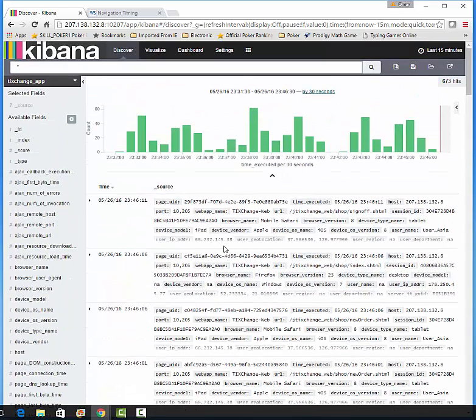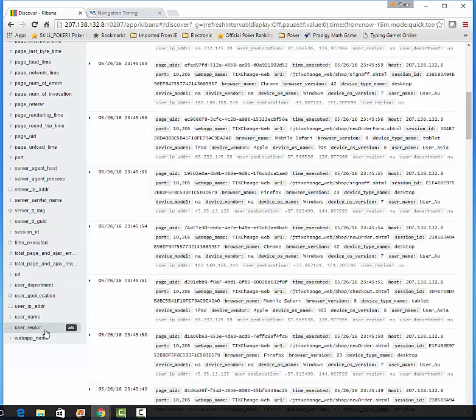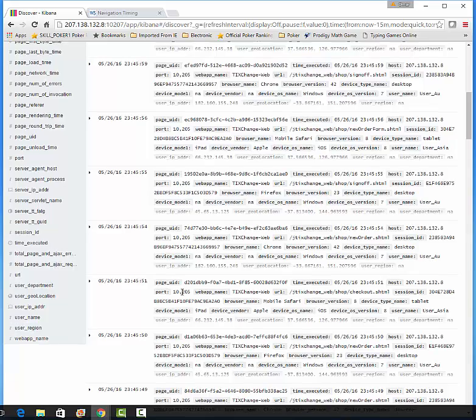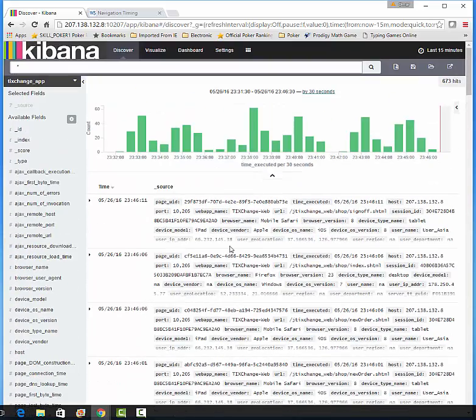Okay, so obviously this becomes very useful because then they can build dashboards where they can show information or analytics on user department or user region. All right, so I think that's all there is for this page. The other thing I made,